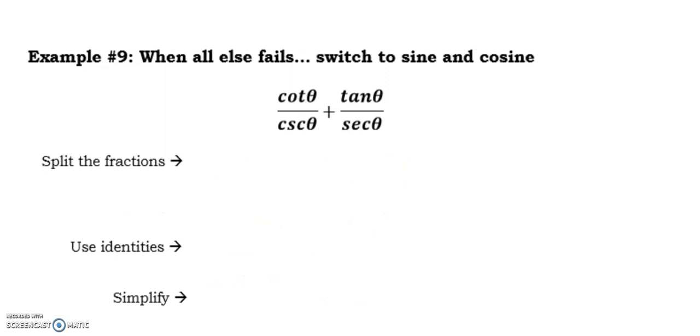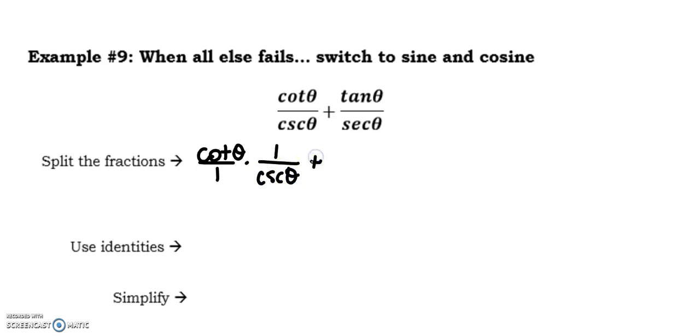All right, so number 9 gets to that concept that I said where you're trying to relate these things using multiple identities, and sine and cosine is going to be a common thread through them. So if you really are completely stuck and you don't know what to do, I would start by splitting up fractions as much as possible, and then I would use sines and cosines. Okay, if you're not sure how to relate things to each other, sines and cosines are a great way to go. So I'm going to start by doing cotangent of theta over 1 times 1 over cosecant theta, just like